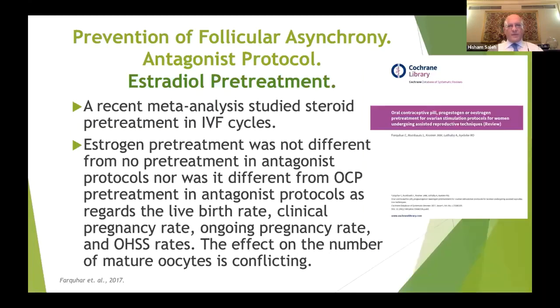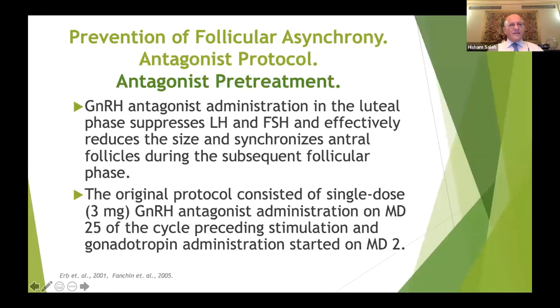This is the famous Cochrane review about the use of pills and steroids before antagonist and agonist protocol. The second method of pretreatment is the antagonist itself. GnRH antagonist administration in the luteal phase suppresses LH and FSH and effectively reduces the size of synchronized antral follicles